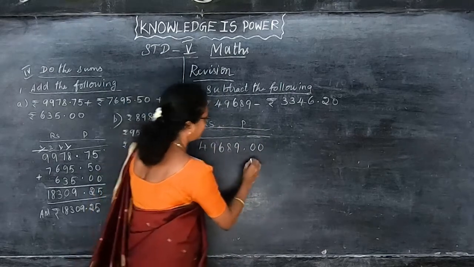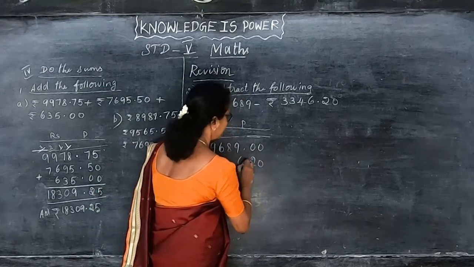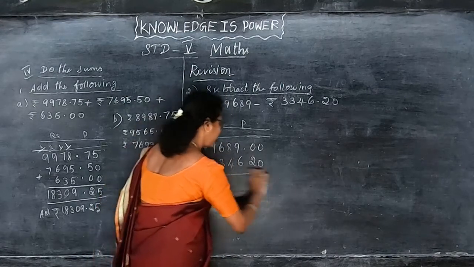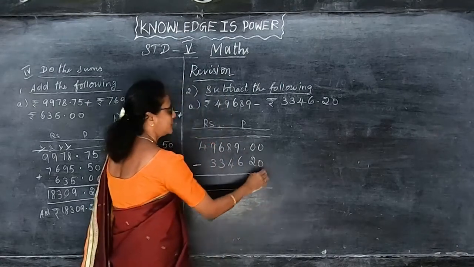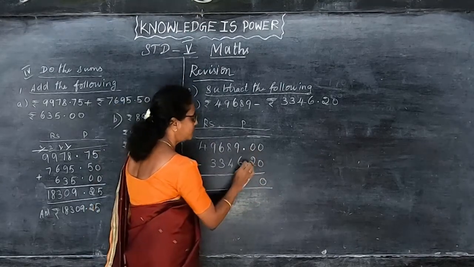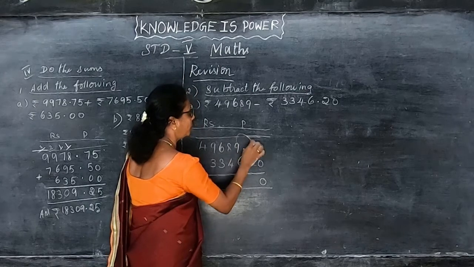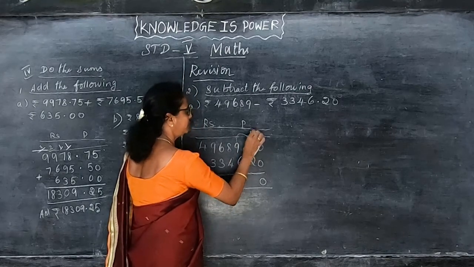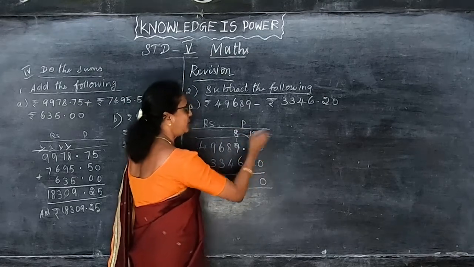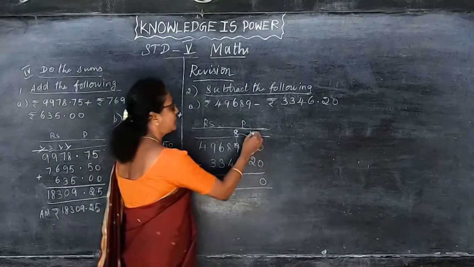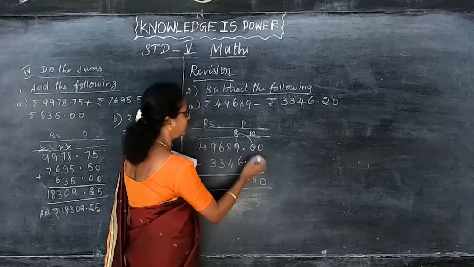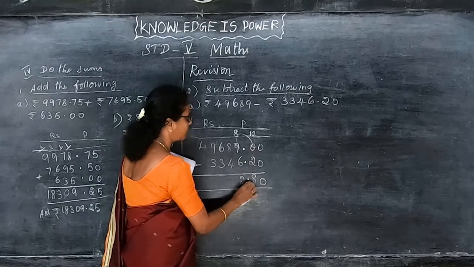So you can write 2 0, 6, 4, 3 and 3 and put the minus sign, whether it is plus or minus you put. 0 minus 0 is 0 always. 0 minus 2 is not possible, so you can borrow. If you borrow, this will become 10 and this will become 8. So that's why I put the line here so that you can write the carryover. So 10 minus 2 gives you 8. And the paise point, because you put the point, 8 minus 6 gives you 2.